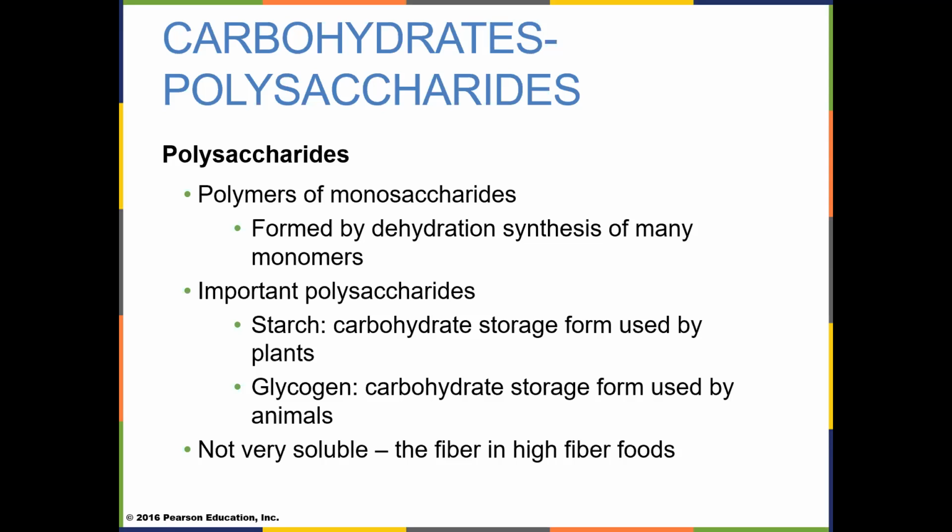Now, the last category are the polysaccharides. The polysaccharides are made up of thousands of monosaccharides. In our bodies, we store our polysaccharides as something known as glycogen. Glycogen is a long chain of lots and lots of glucose molecules. When we have excess glucose, we store it as glycogen in our liver and in our muscle cells. If we have even more glucose left over after that, we store it in our adipose tissue where it becomes fat. Now, plants don't store glycogen.